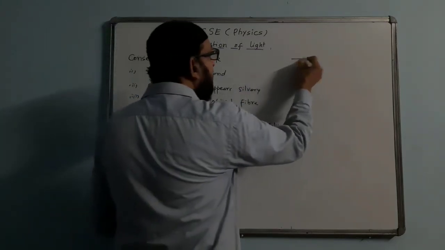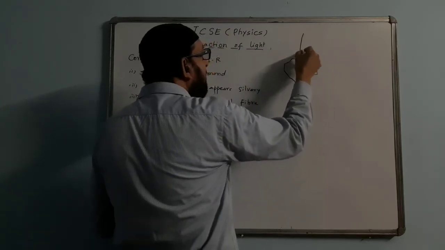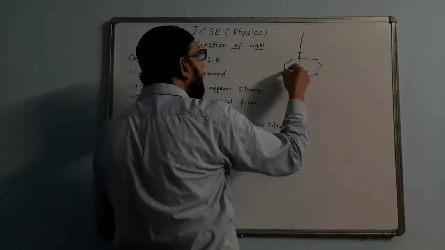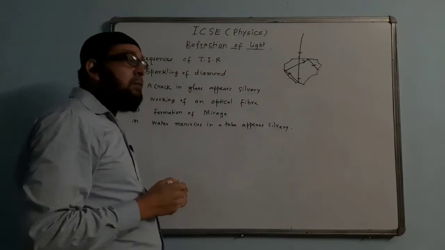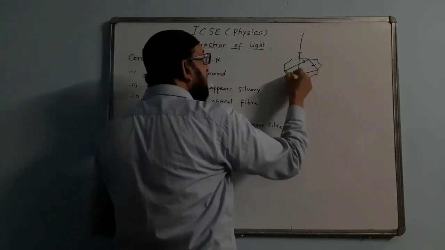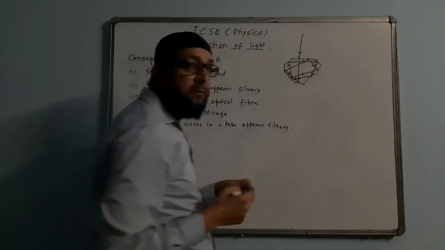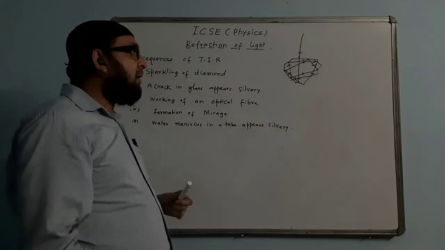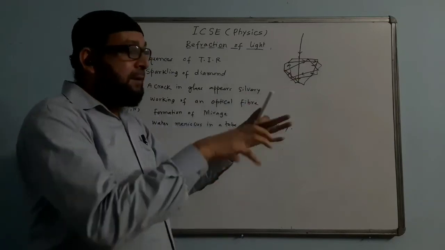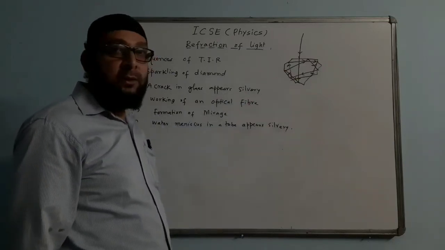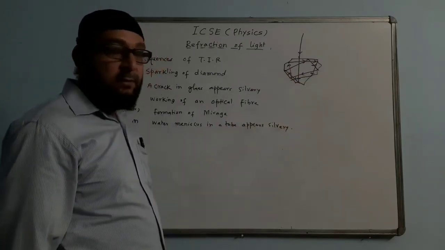Actually what happens, if you are having a diamond like this, there are many cut surfaces like this, a ray of light entering through the diamond will be internally reflecting here like this. Again internal reflection, again internal, because the critical angle value for diamond is minimum. So every time TIR takes place like this, the ray of light remains trapped within the diamond for quite some time. That's why when we place the diamond in the darkness, it gives the sensation of sparkling. The ray will remain trapped within the diamond.